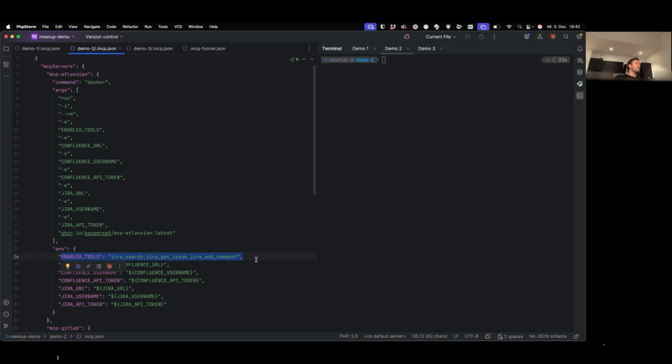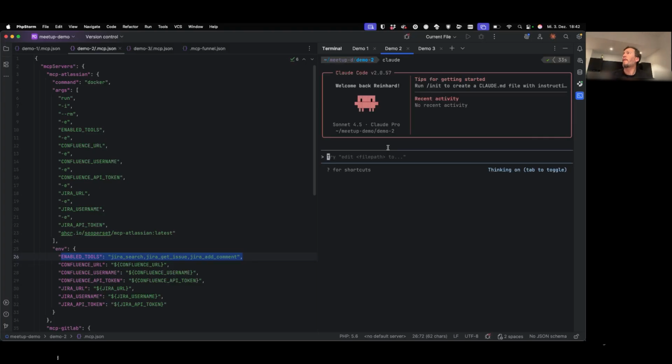I don't need Confluence at the moment. I need Jira for searching for topics, for adding comments, and for retrieving issues. There are others naturally, but it depends on your need. So everybody can configure this. It's actually 2 lines of code.